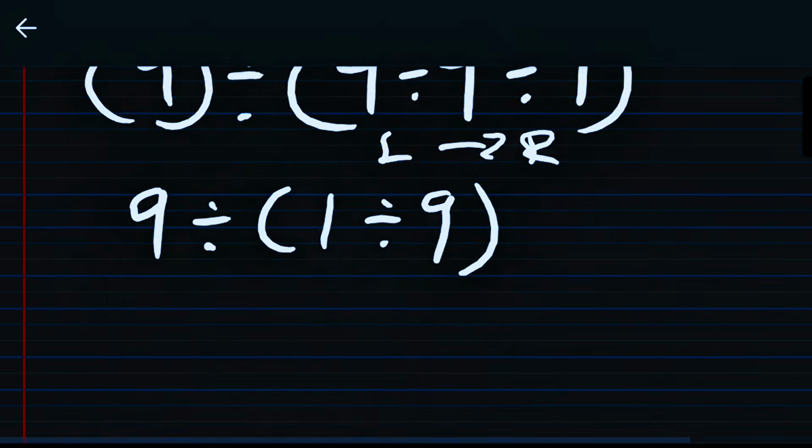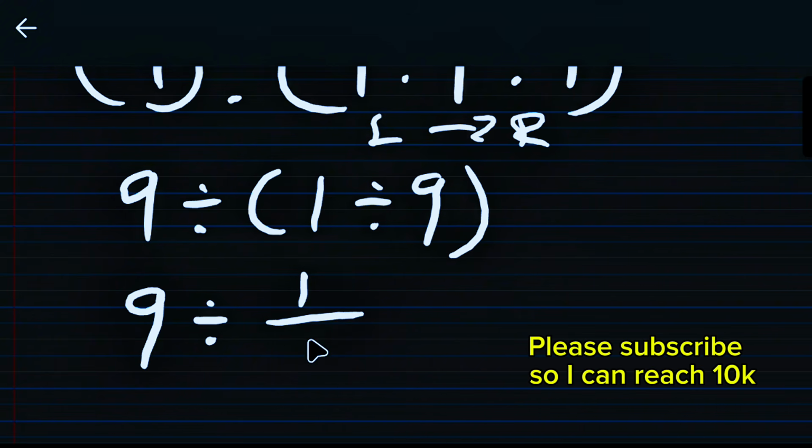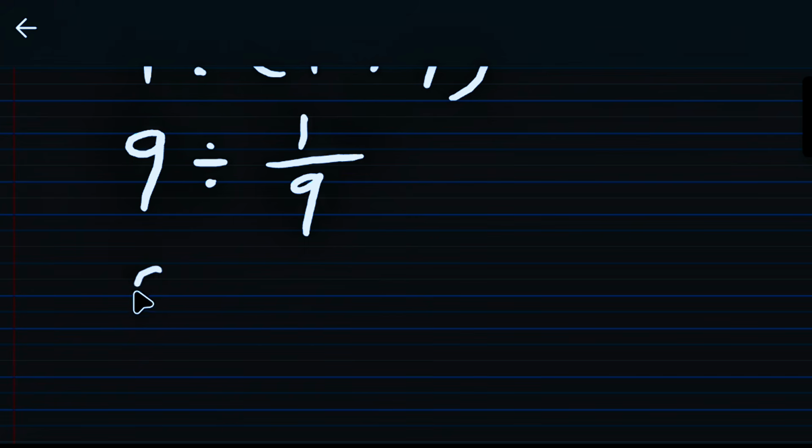So the next thing we are going to do is to write this 9, then divide by, now this 9 here cannot divide this 1 here to give us a whole number. So for that reason, we are going to have 1 divided by 9. So the next thing we are going to do is to write 9. Because we are dividing this 9 here by a fraction, we are going to make use of